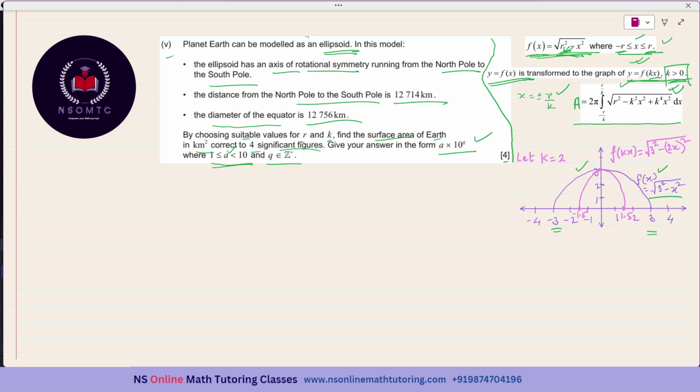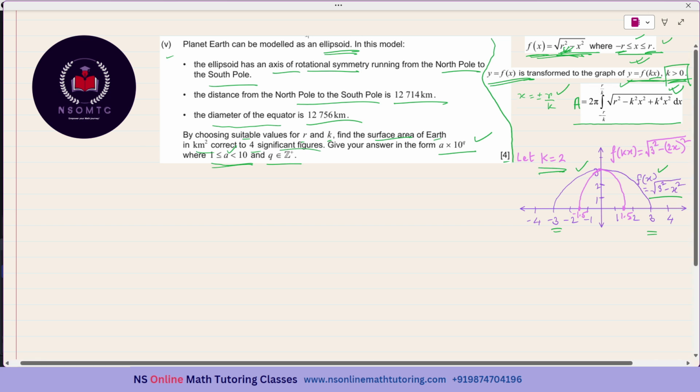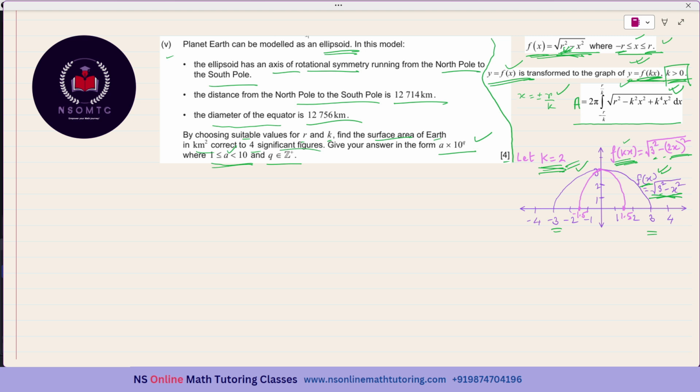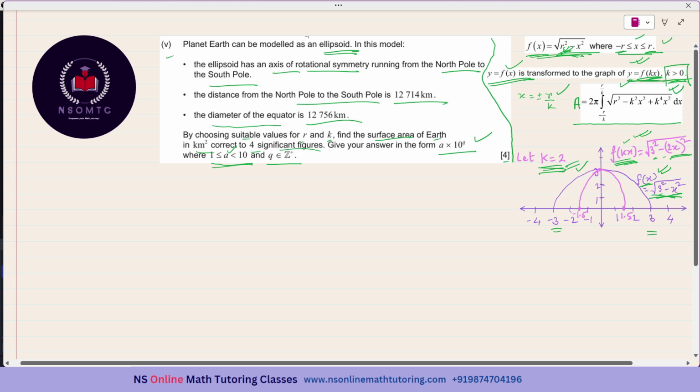Then we are taking the k value as 2 because y equals f of x is getting transformed to y equals f of kx. So if this is the equation of y equals f of x, then what will be the expression of y equals f of kx, where k is equal to 2. F of kx is having the expression of square root of 3 square minus 2x whole square, or 9 minus 4x square, square root of 9 minus 4x square. And what will be the graph of this expression? F of kx, and we have named this transformation as well.